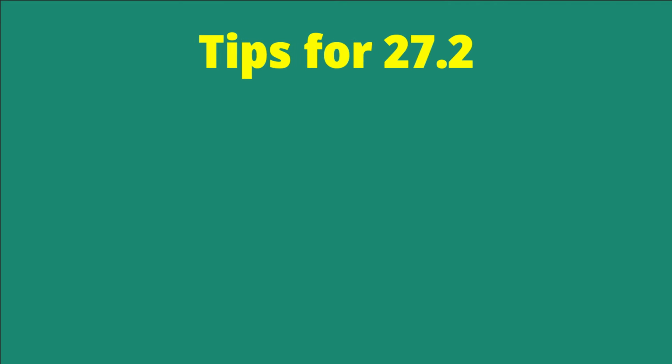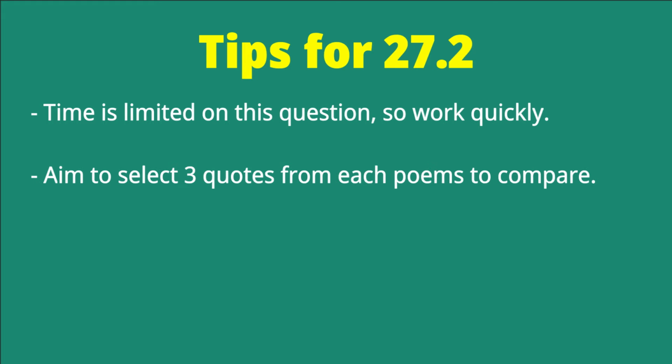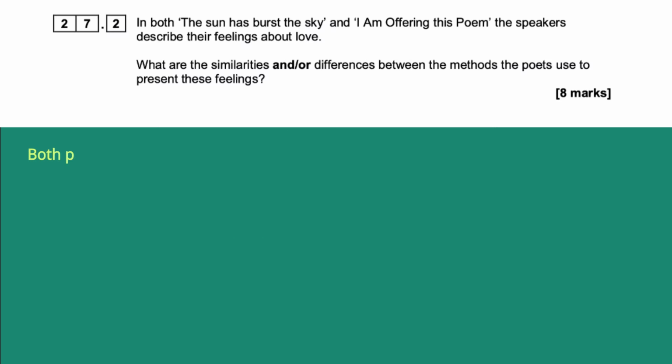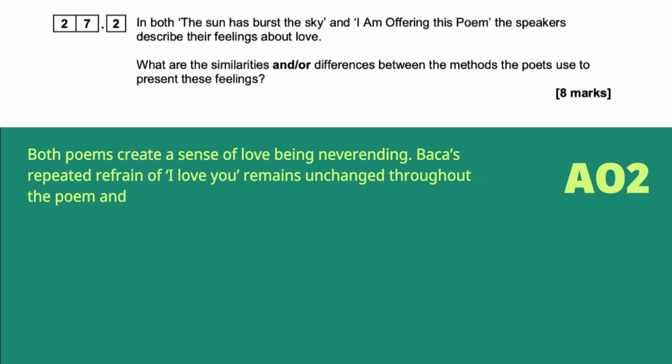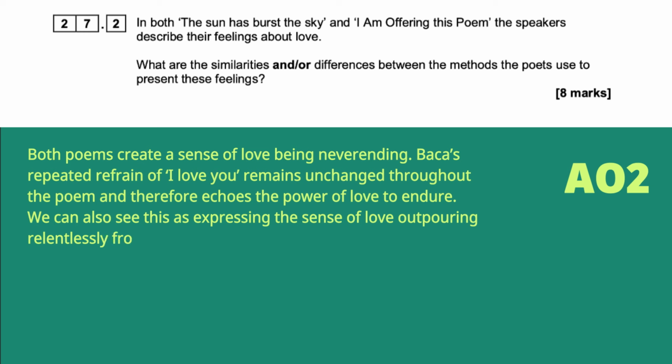Because you have little time on this response, I recommend using 3 pairs of short quotations from both poems and go straight into comparing techniques. Take a quick look at this example. Both poems create a sense of love being never-ending. Baccha's repeated refrain of I love you remains unchanged throughout the poem, and therefore echoes the power of love to endure. We can also see this as expressing the sense of love outpouring relentlessly from the speaker's heart because of